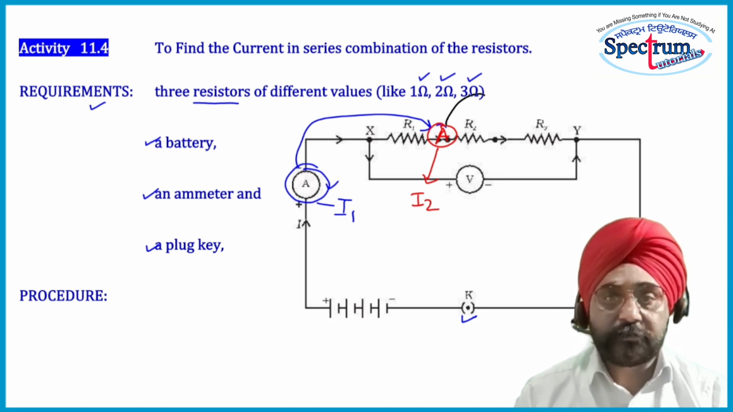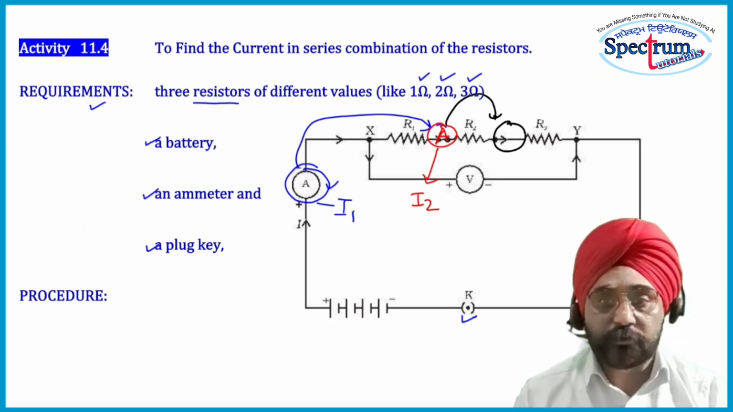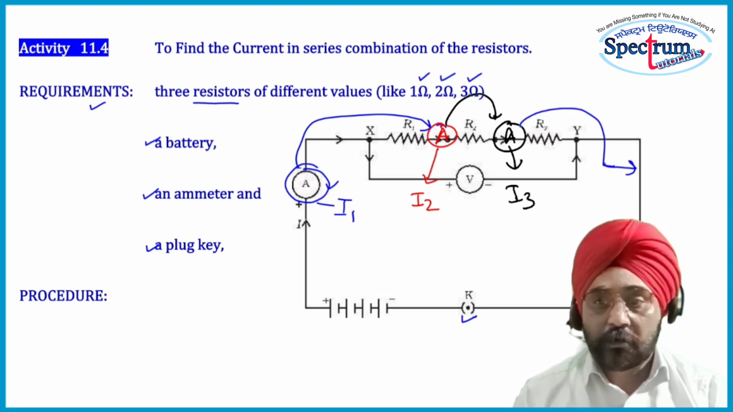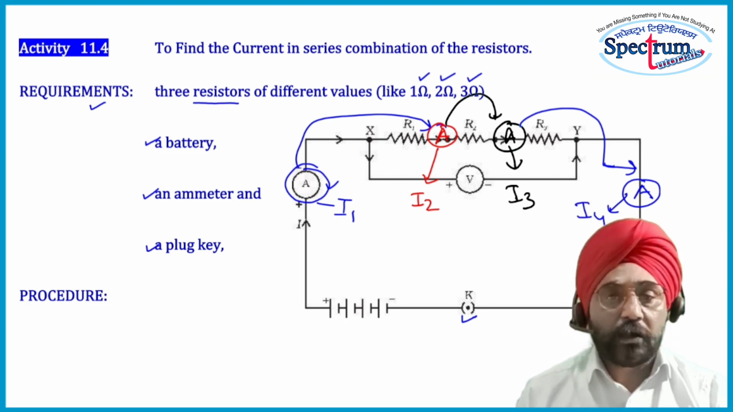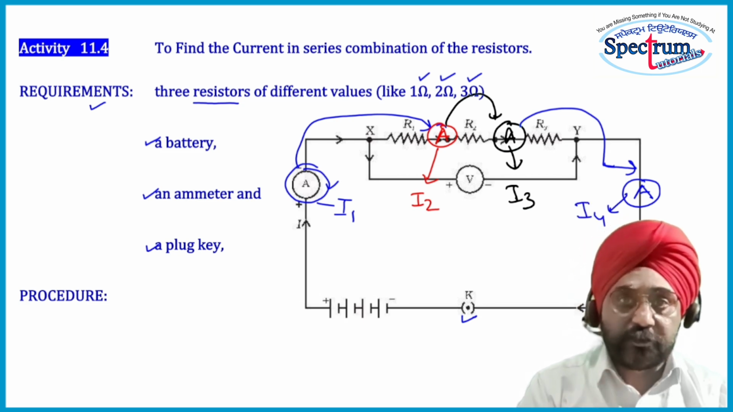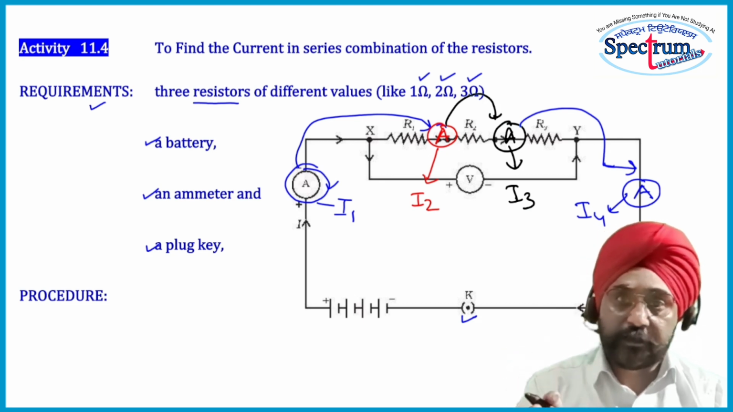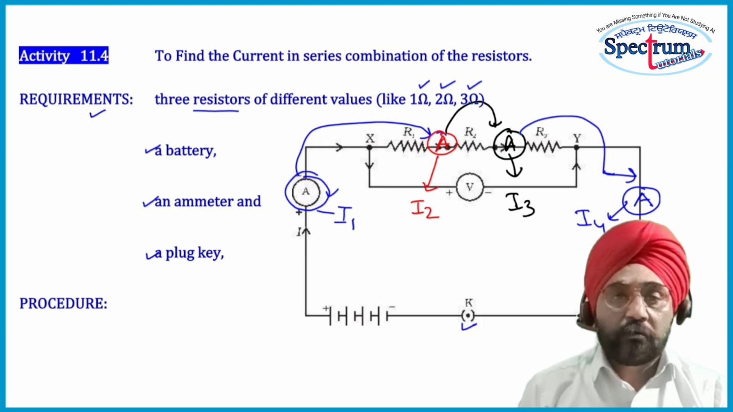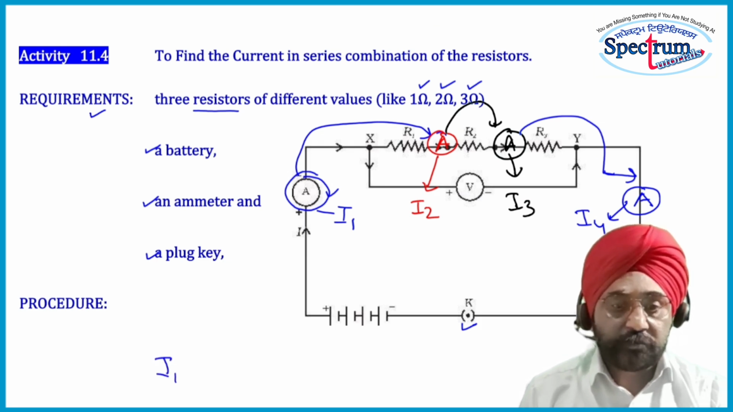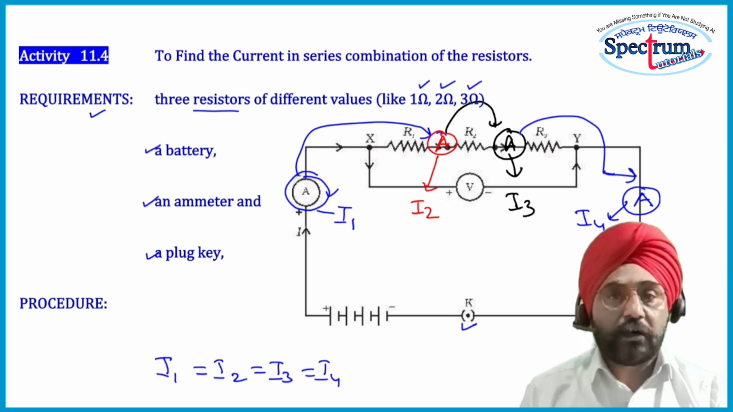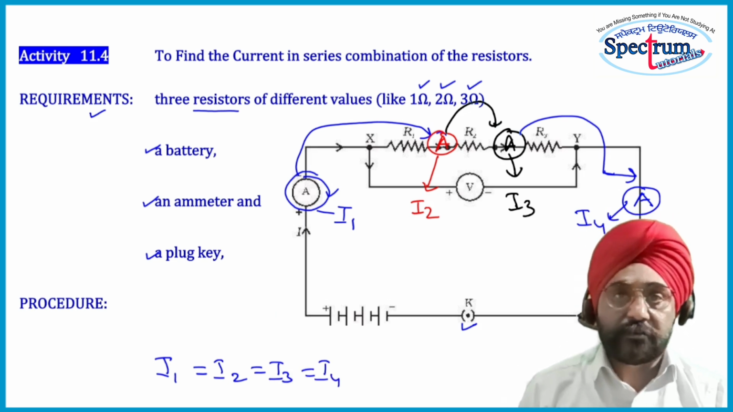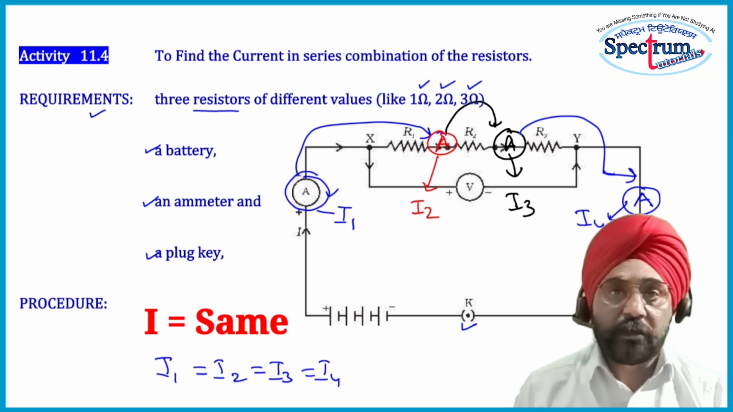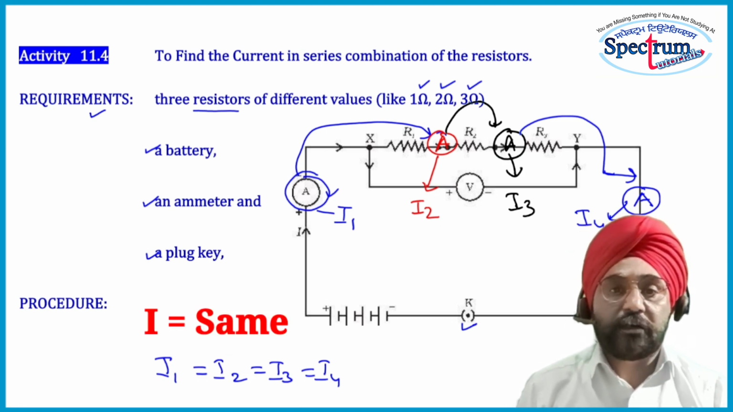Again we replace this ammeter at another position. Suppose this reading is I3, again at some other position, note down the reading I4. So we change the position of ammeter to different places and note down the readings at various positions. What we observe is that I1 equals I2 equals I3 equals I4. That is, the current remains the same at any part of the circuit when the resistors are connected in series